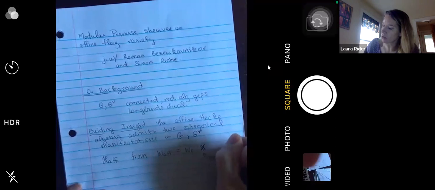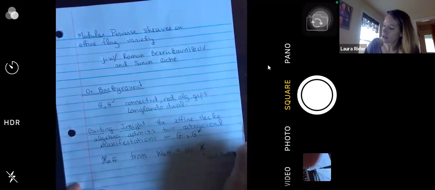But so you take the Weil group associated to G or G check, and then I let it act on the co-weight lattice. So I want this to be the co-weight lattice associated to G. And so this defines for me a group that's almost a Coxeter group. Sometimes it is actually a Coxeter group. Okay,